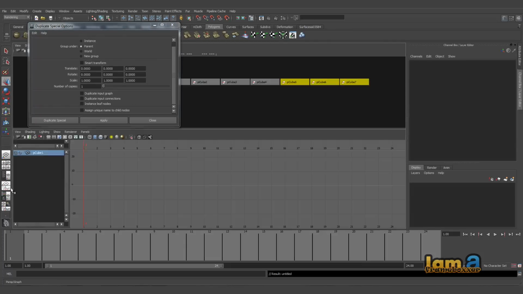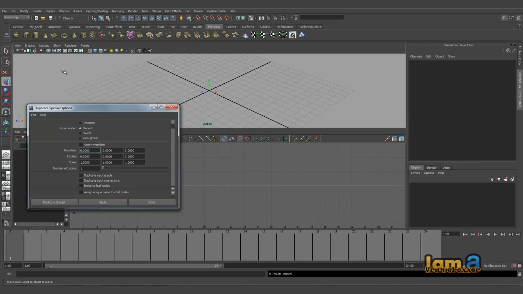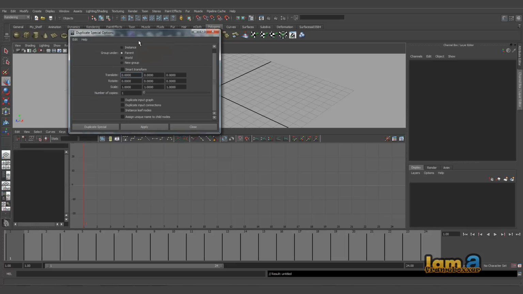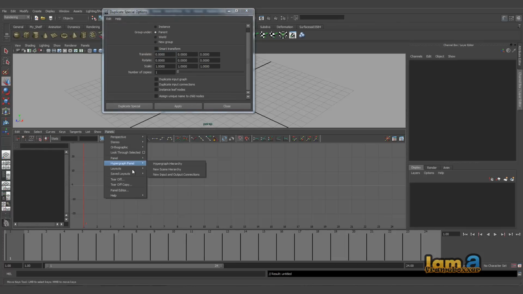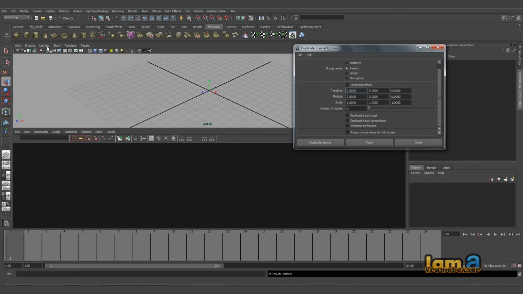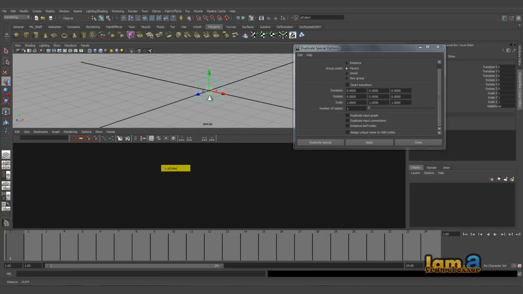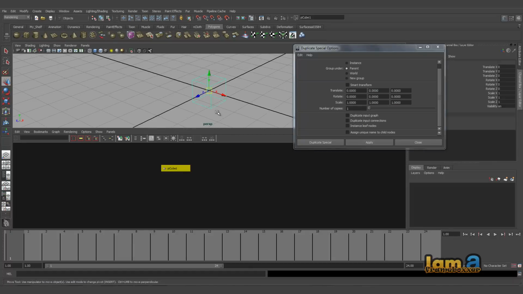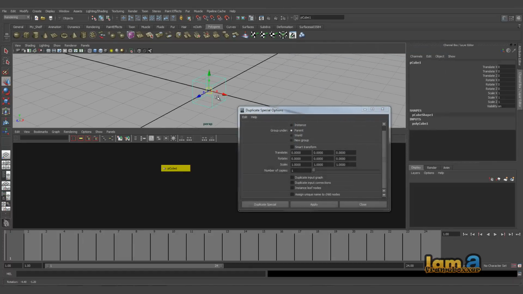So let's go into the two panel layout, take up a panel, put in a hypergraph here, and start creating a cube. Let's understand what it does. So we have taken a cube here, and I'll create a very simple hierarchy.